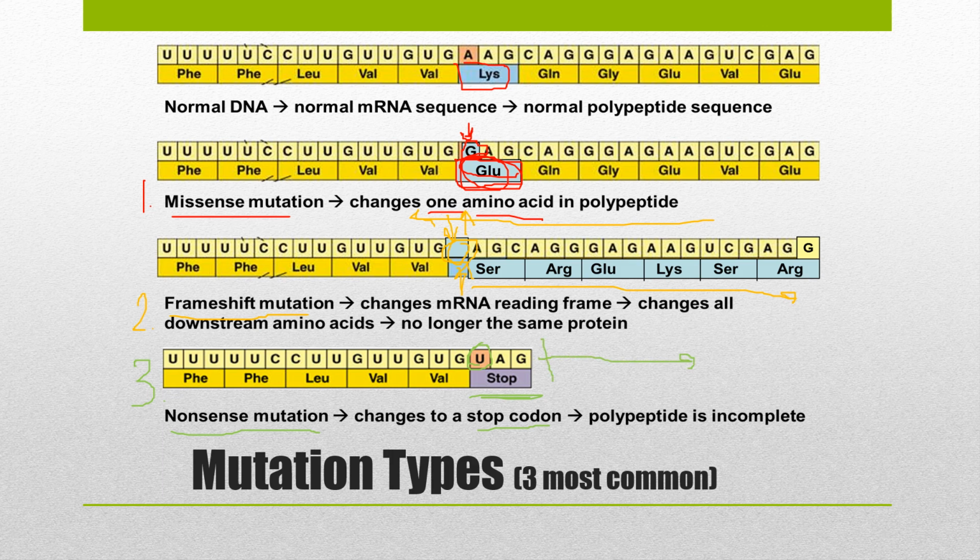So it causes this abrupt stop in that RNA, and therefore that abrupt stop in that amino acid chain. So either this protein is unfinished or incomplete, but either way, this can cause a really, really